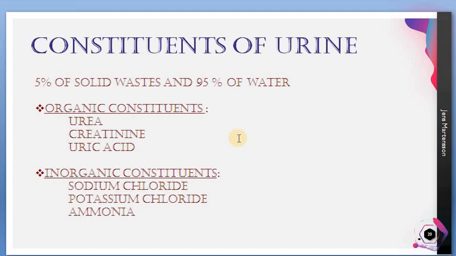And inorganic constituents, generally at a normal level, sodium chloride would be there and potassium chloride. So sodium and potassium ions, in the form of chloride ions, sodium ions, potassium ions may be there. And then ammonia will also be there. So these are the inorganic constituents found in it. And apart from this, some other constituents are also there. But you're learning for your syllabus, for your age, only about these things. Urea, creatinine, uric acid are the organic constituents. This is important, you have to learn. Organic constituents are urea, uric acid and creatinine. Inorganic constituents are sodium chloride, potassium chloride and ammonia. Okay, so you have to learn this.